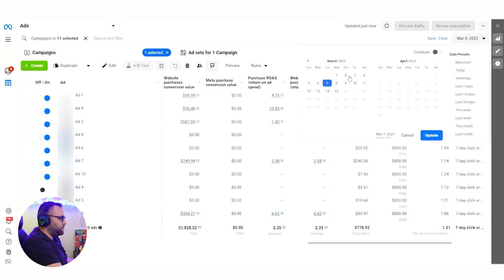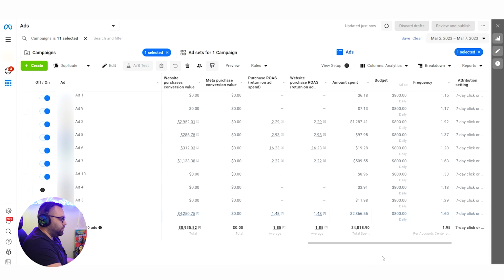Now, if we watch from here to here, for example, we can see that the ROAS is at 1.85. Clearly, our big problem here is the 1.48 of the leading ad spending so much money. The first thing that I did in this situation, because I didn't want to lose my leading ad immediately, was think that if I lowered the budget from 1,000 per day to 800, which is what happened, I would be able to help it recover.